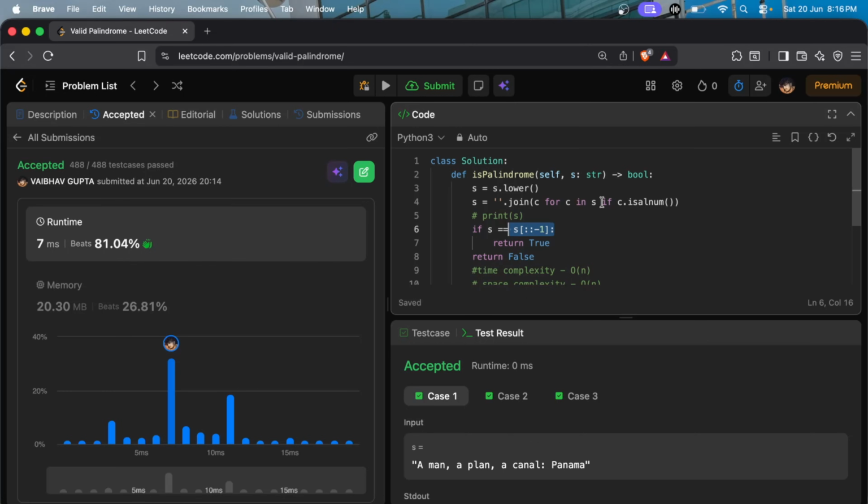If your interviewer asks for a more optimal way, you can go with the two-pointer approach. How the two-pointer approach works is like,